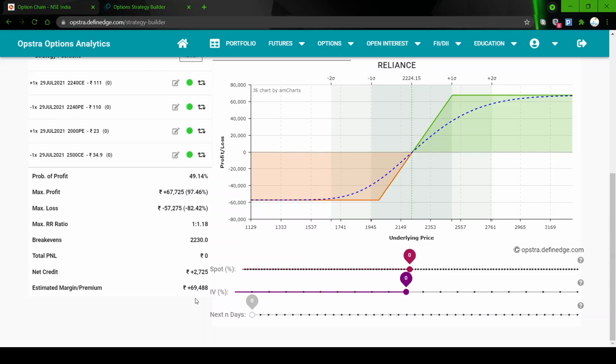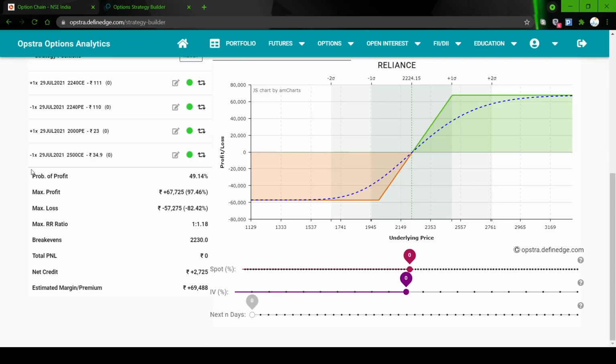And what is the disadvantage in futures? The MTM loss we get every day needs to be settled in cash, and the MTM profit will also come in cash. If Reliance starts going up and the future gains value, the MTM profit will come as cash to you, but you need to keep cash in your trading account to settle every day. Consider that tomorrow Reliance opens 1% down, and the future will also go down by 1%. That 1% loss you have to pay in cash. You have to keep additional cash.